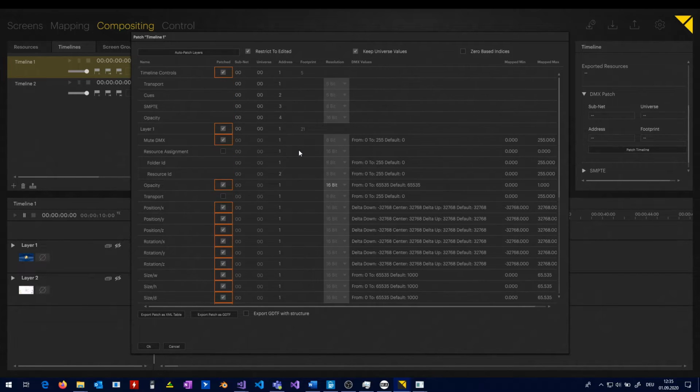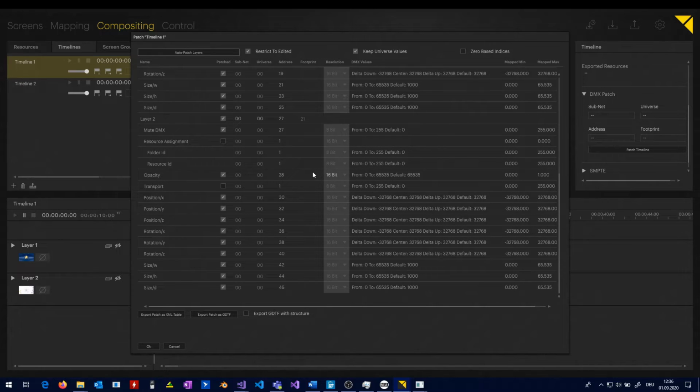So now everything is patched, but all the addresses of the params are overlapping, which is bad. So you can either set those by hand or let Pixera do it for you, at least if you have nothing patched yet. So let's do that. Auto patch layers will assign the right addresses for each param. Keep in mind that we have to patch each timeline individually, and Pixera is not keeping track of all the addresses that are used